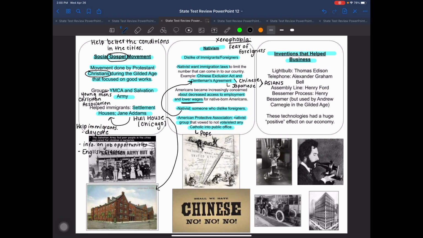All right? Over here, this last little section, there's going to be some very, very specific inventions that have a huge impact on industries during the Gilded Age. And the first one is going to be the light bulb by Thomas Edison. And the light bulb, he perfected the light bulb. He didn't necessarily invent the thought of it, but he's the one who perfected the most efficient light bulb. You've got to know that not only was this Thomas Edison who did this, you've got to know the effect that this had on industry, the effect it had on our economy.